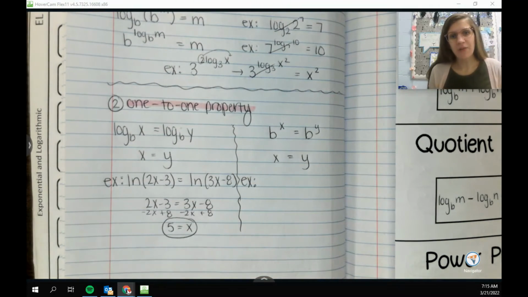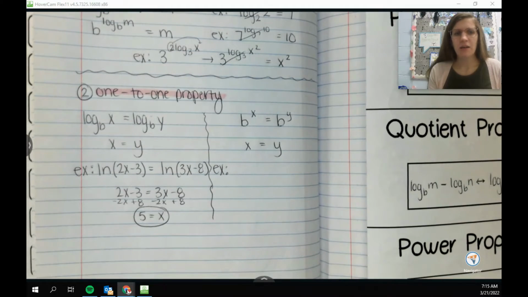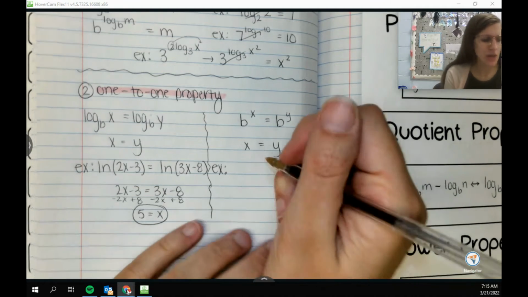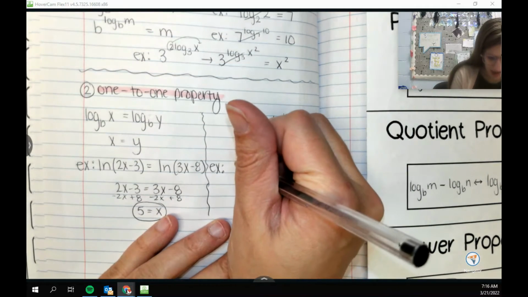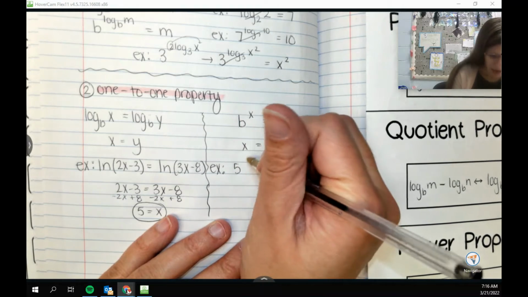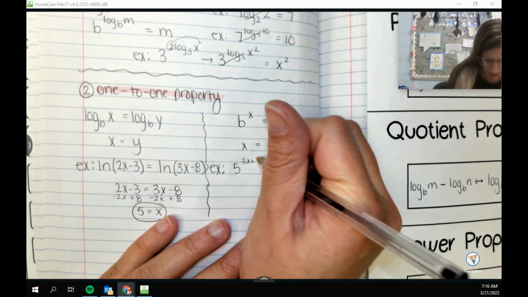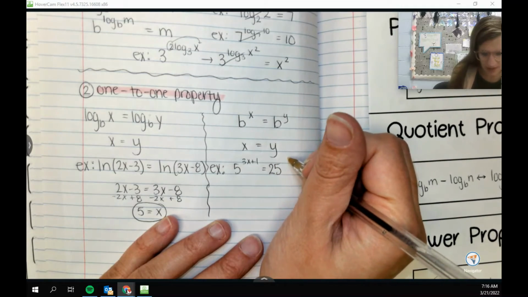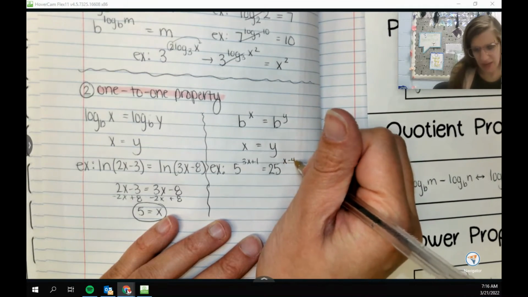Now again, we can do some fancy stuff with this one, which is easier with an exponent than it is with a logarithm. So I'm going to show you a little more complicated one here. If I had 5 to the 3x plus 1 equals 25 to the x minus 4,